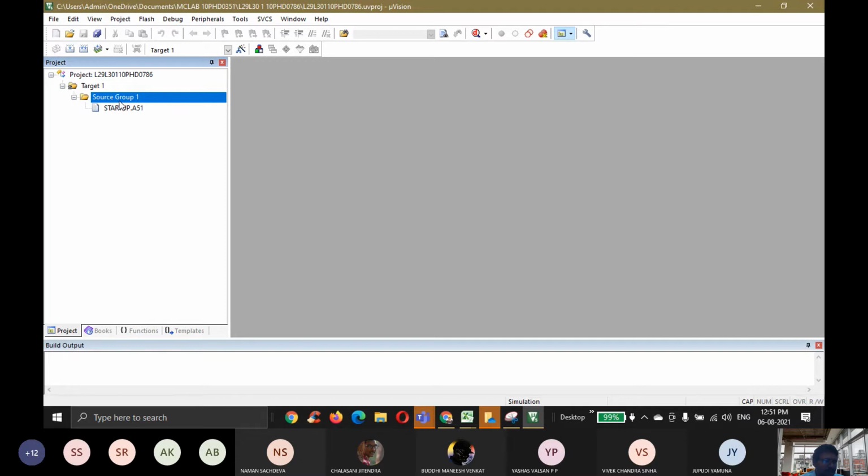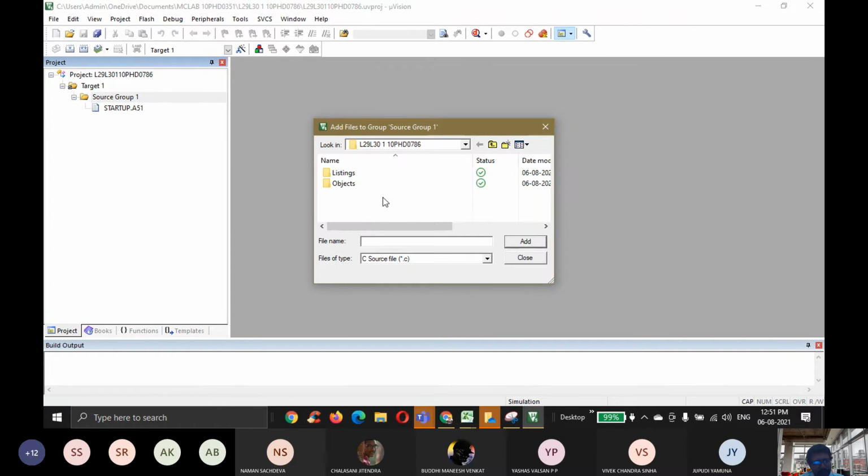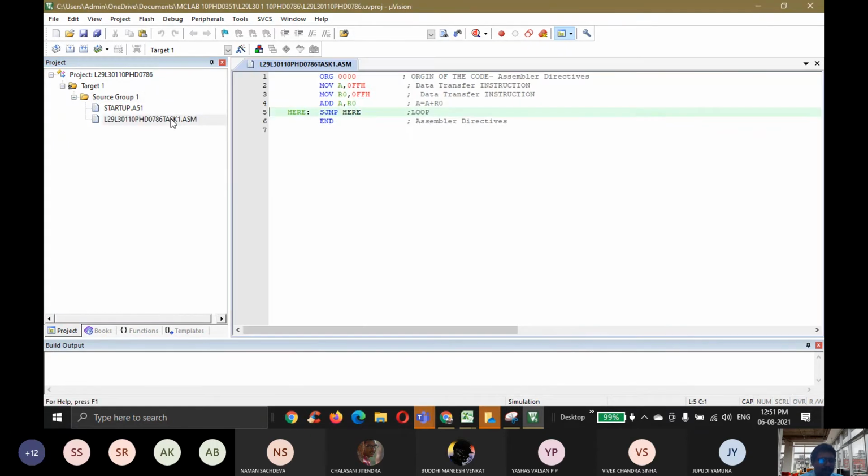Again, now in this, you can go and add the existing file because I've already created it. If you have not created it, you have to create it again. So just for your understanding, I'm closing. I'm adding this file. This file I am having here. This is a semicolon. Don't give dotted lines. Okay, sometimes a semicolon has to be there. Okay, right. So this is about how to make it. So now the file is added.